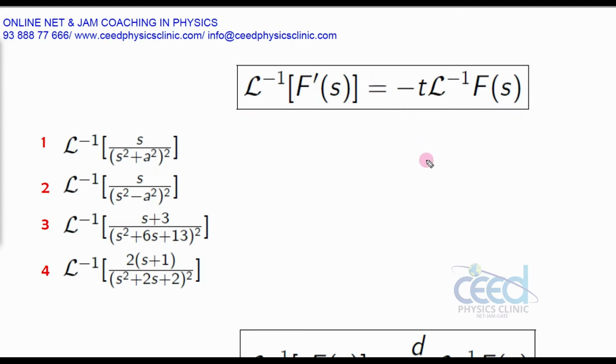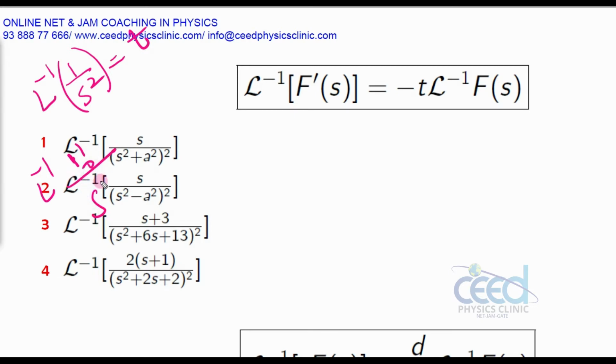So let me check. We know Laplace inverse of 1 by s square is equal to t. From the formula, Laplace inverse of n factorial divided by s raised to n plus 1, that is 1 factorial by s to the 1 plus 1, is equal to t raised to n. So here t raised to 1. This result we already know, and also the Laplace inverse of 1 by s is already 1. So let me check this result.